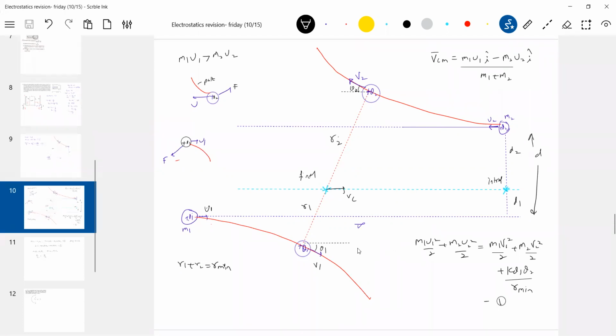Deflection will be equal, sir. No, nothing. We can't just assume something. It will be equal, sir. No, sir, it will not be equal. We can't assume masses are anything. If masses are equal, that time we can say that. Something I took masses different. So what we do is we have to apply conservation of angular momentum. Now we should calculate velocity of particles with respect to center of mass.